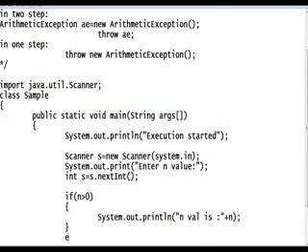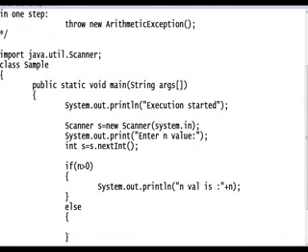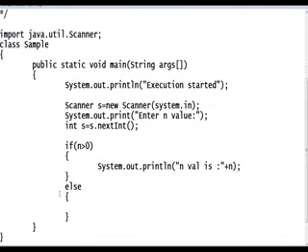If it is not a positive number, I want to create an exception. How to create an exception, we discussed, right? We can create an object. How to write: throw new ArithmeticException. Normally, if I enter a negative number, it won't create any arithmetic exception. But my requirement is I need to create an arithmetic exception if you pass a negative number. See this.